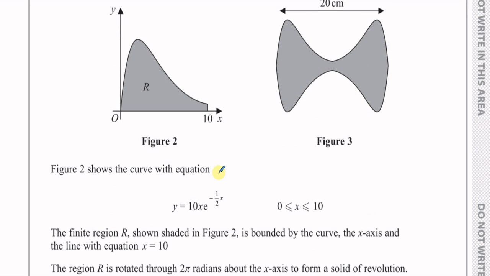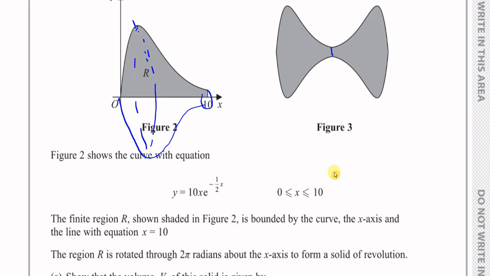So basically this shape is going to be rotated round the x-axis. It's going to end up looking something like this, but three-dimensional. It's going to go all the way around this axis, so it'll end up being a three-dimensional kind of shape. All right, so what we have to do when we've got a volume of revolution is